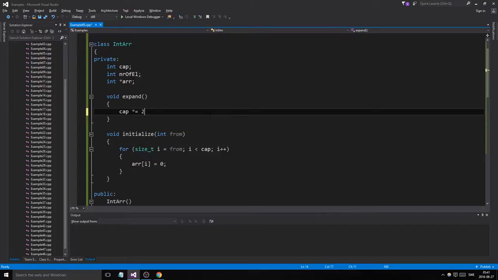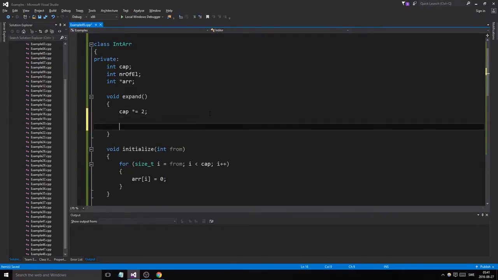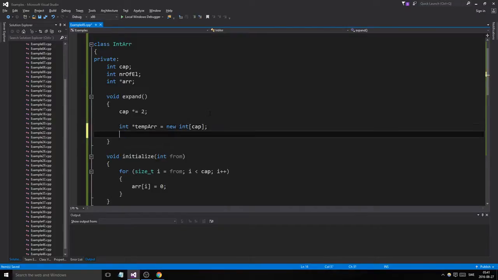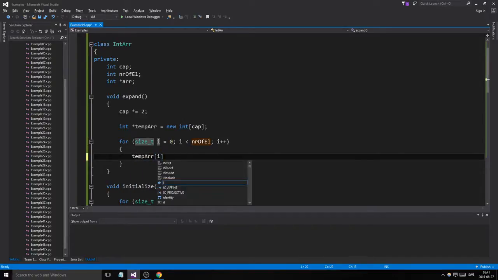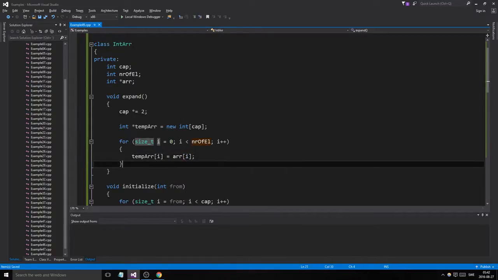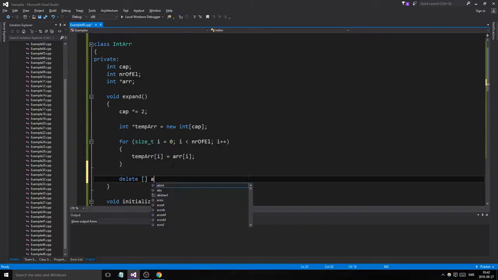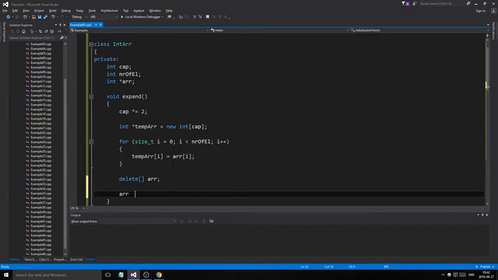We double cap, we create a temp array with the new size, we copy over the stuff from the old one, temp at position i equals array at position i, we delete the old array, we set the old array to the new one,